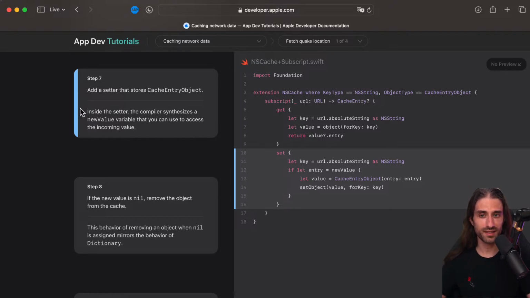So inside the setter, they tell us the compiler synthesizes a new value variable that, as you can see, has not been declared anywhere, that you can use to access the incoming value. So here they call it a variable. I would call it an argument because it's really an argument.